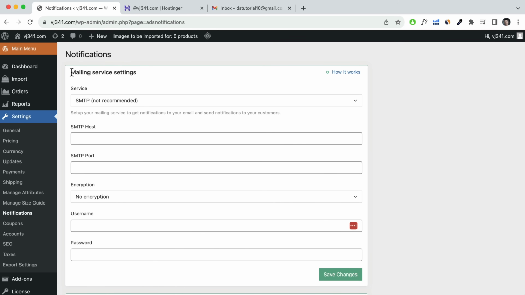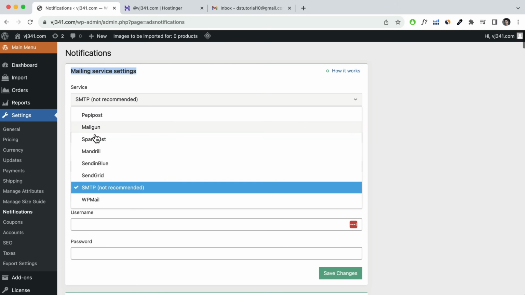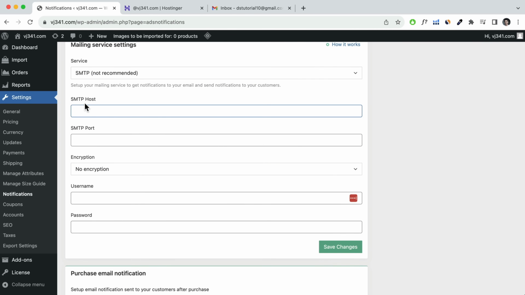So for the mail service settings, we want to set it to SMTP. They've also got other services here, which are paid services, but we can set up the SMTP for free. I know it's not recommended, but you can change it to the paid ones after you've made a few sales. So once we have set that in, for the SMTP host and the details over here, we need to